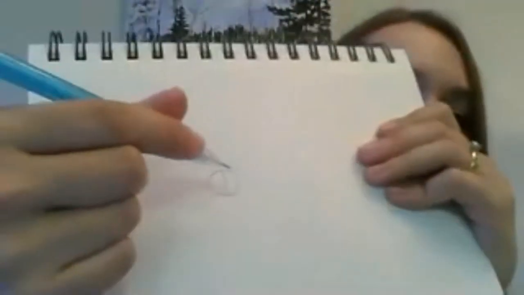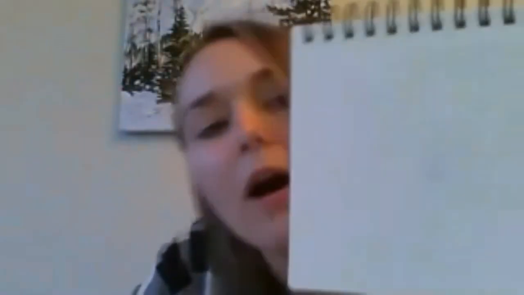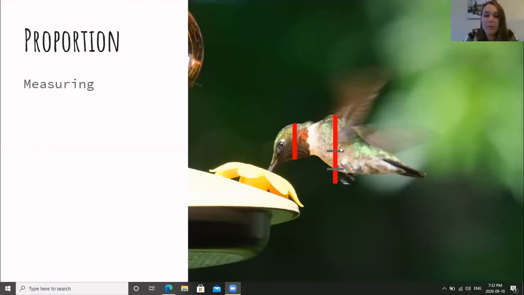Okay. And then it's 1.5 heads. So there's 1.5 heads. So it's just going to look like a bunch of tick marks because we're just practicing measuring right now. Okay. So once you have that body measurement,